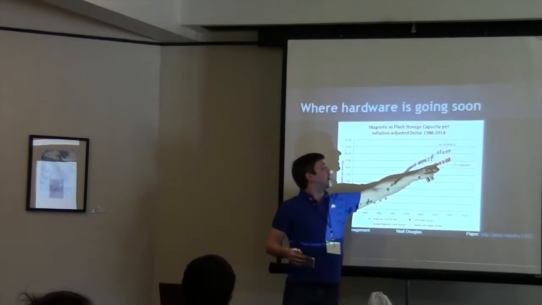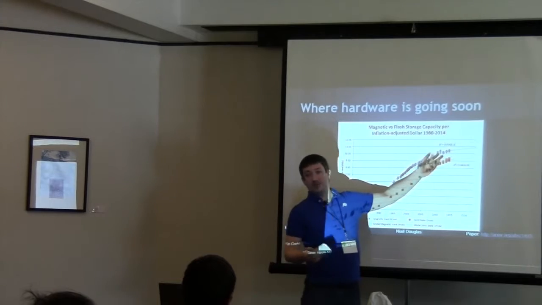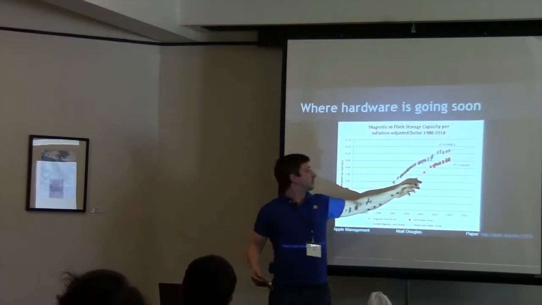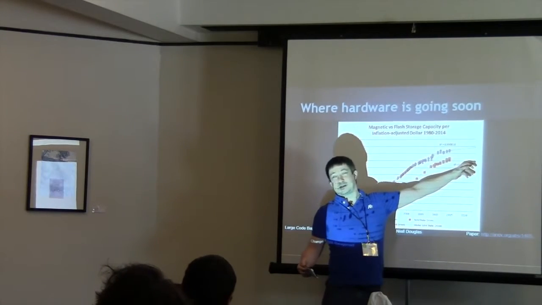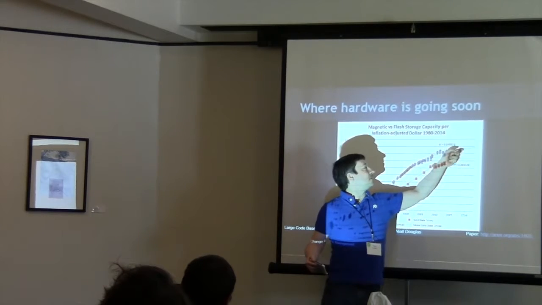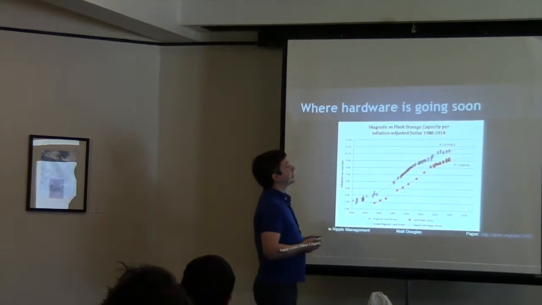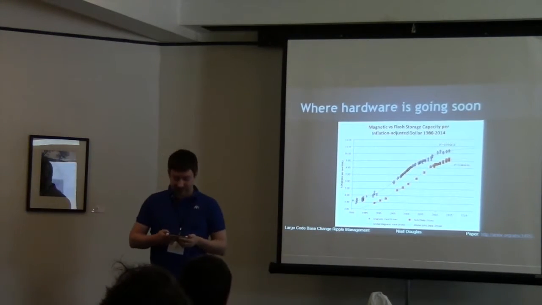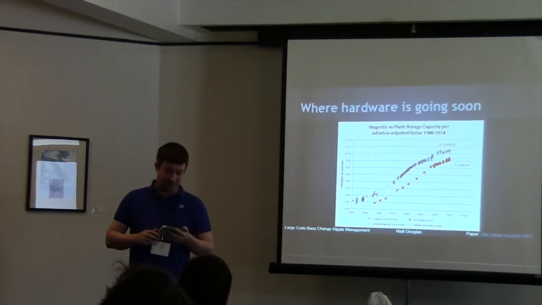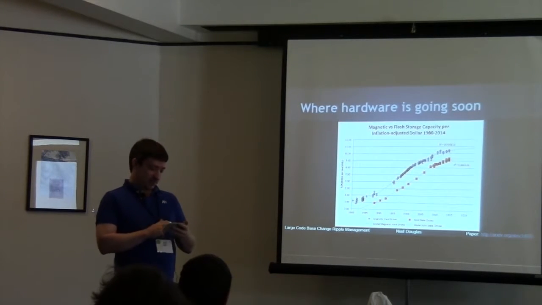And the red line is flash storage. So you'll see that flash storage, because it's tied to transistor size, is going to taper out pretty much where transistor sizes are going to taper out. But we've still got an ongoing increase in magnetic storage. So this presents a really interesting future conundrum, because